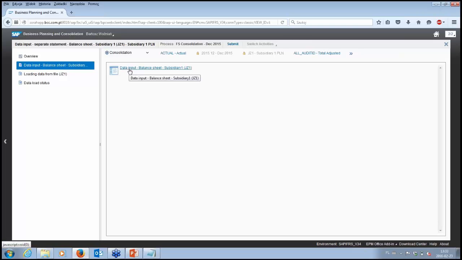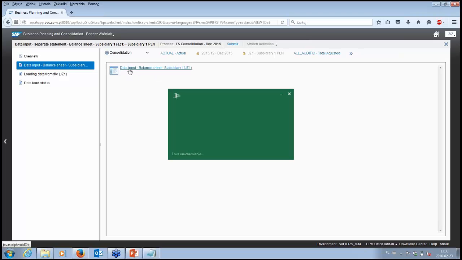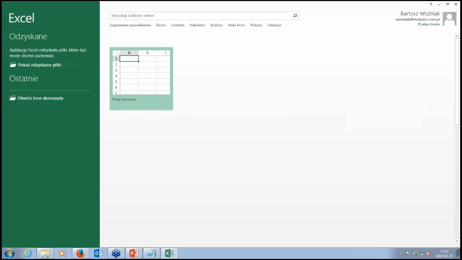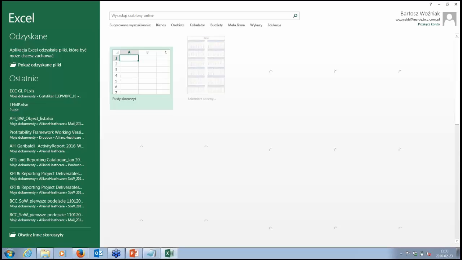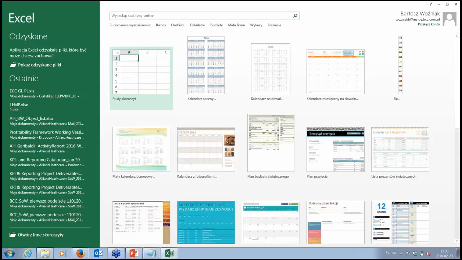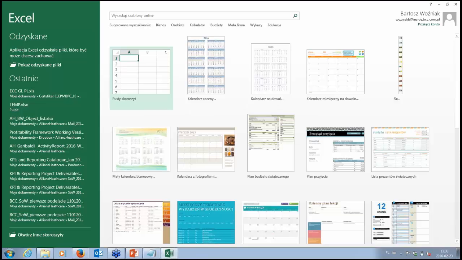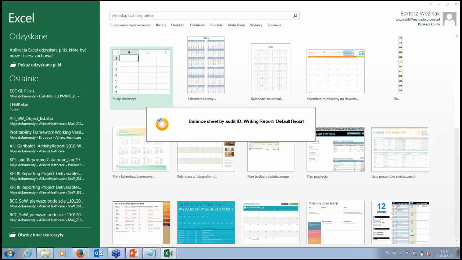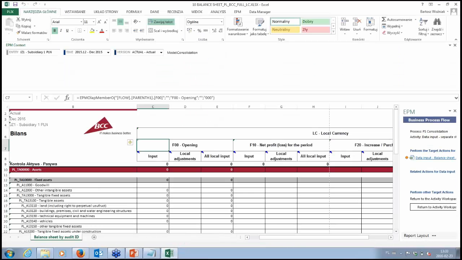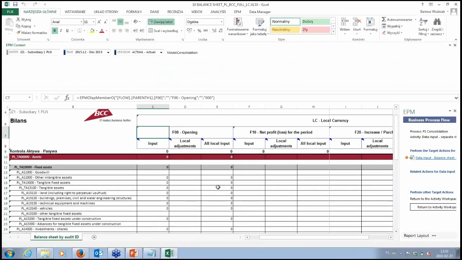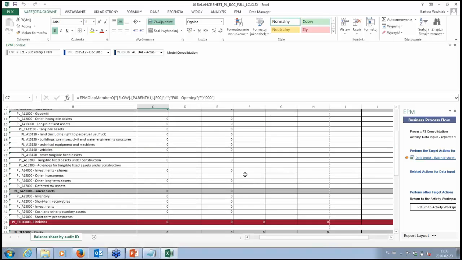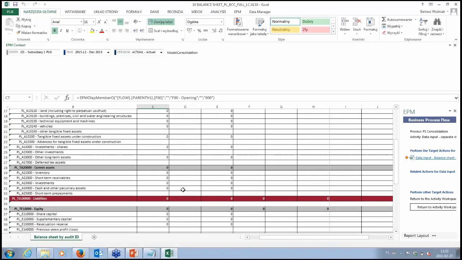So first of all, we will check how it looks currently. As you can see, there is no data here. There are just zeros here.